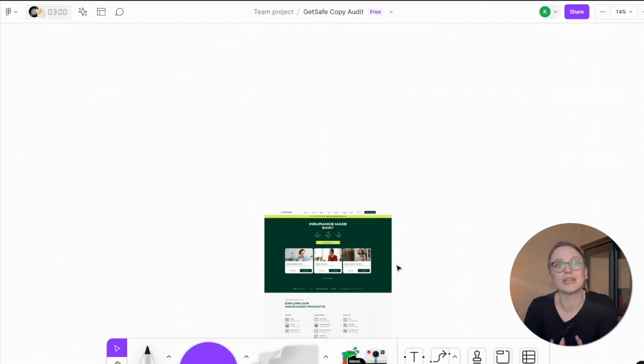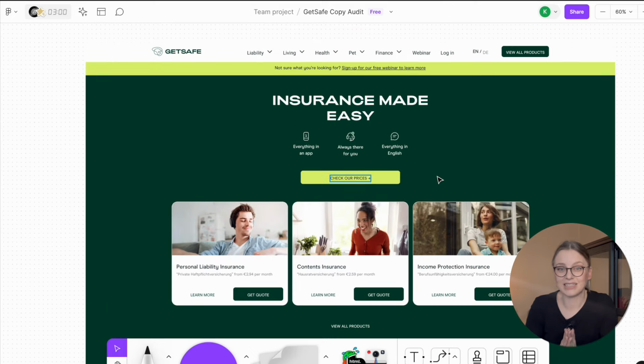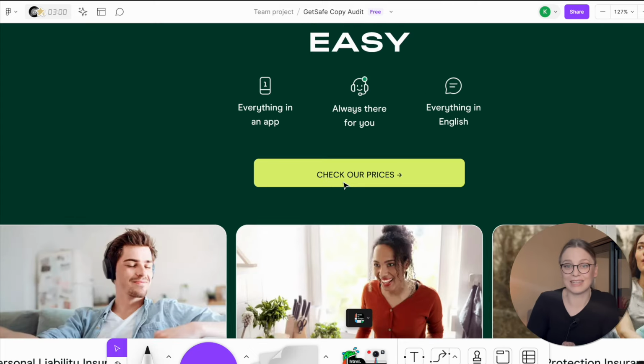And the crazy thing is, you can edit the designs, so you can edit the text, the copy right here, okay? Sometimes you have to install the fonts, but then you can edit the text right here, which is absolutely awesome in case you don't only need to review the UX copy, but you also want to rewrite it, okay? Then you can also do that right here. But most of all, we now have all the designs and the UX copy on our board,